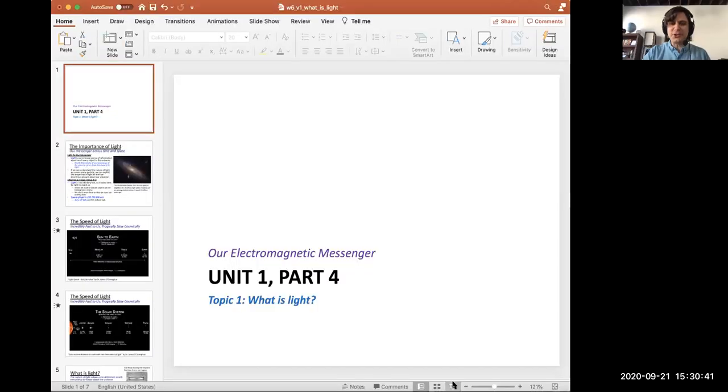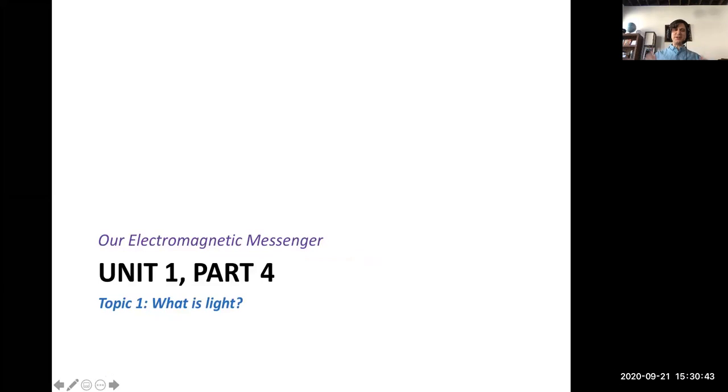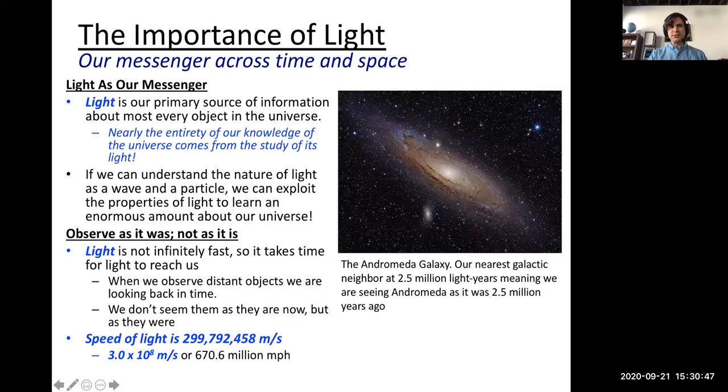As you can guess, light is probably a pretty important part of astronomy since it is pretty much all the information that we get, our electromagnetic messenger of light. So let's spend a little bit of time getting to know light. And the first thing I really want to impart onto you is that light really is our messenger. Light is how astronomers have pieced together all the information, or nearly all the information, that we have about the universe. When we look out at the night sky and we see all the stars out there,